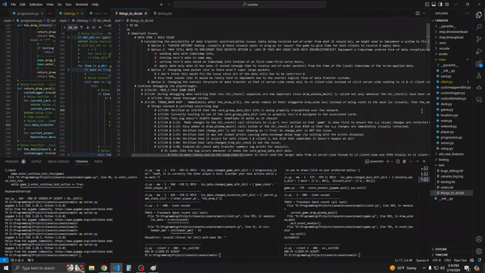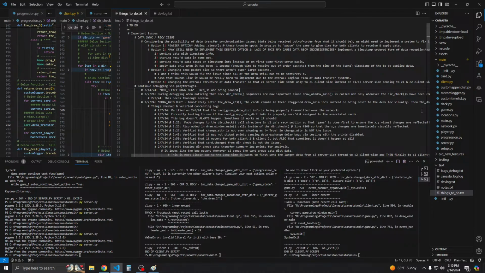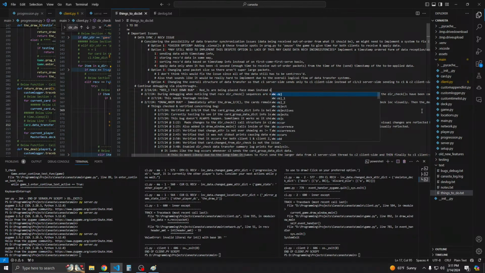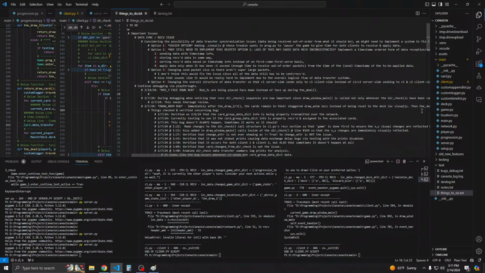The red 3 is placed face down instead of face up during the deal. Maybe a derived bug from